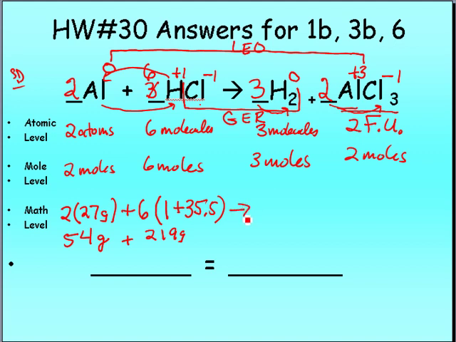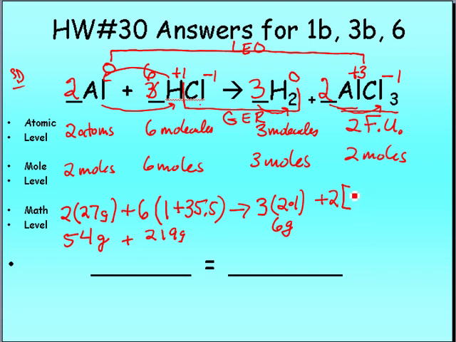And this then produces hydrogen gas. Well, how much do I make? I make 3 moles of hydrogen gas. Well, let me see. 3 moles, and each hydrogen is 1, and I've got 2 atoms of hydrogen, so that's 2 times 1 or 2. So that would give me 6 grams of hydrogen. And it makes 2 moles of aluminum chloride. Well, let me see. Aluminum chloride,